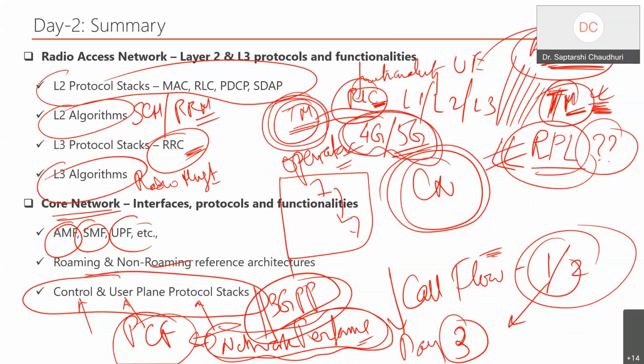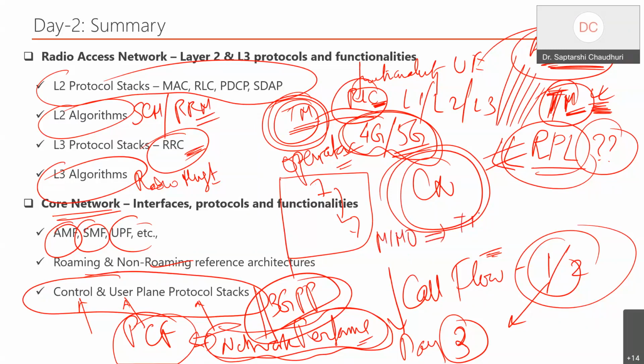Okay, so the next question is, what is the need for many different RNTIs for decoding different logical channels? Ma'am, just one clarity on the previous question. Yes, sir. Sir, I was asking about the MIMO transmit modes, not the RLC transparent modes. Okay. Okay, let me then take that question.